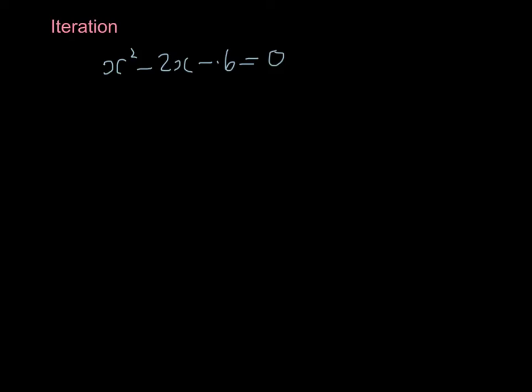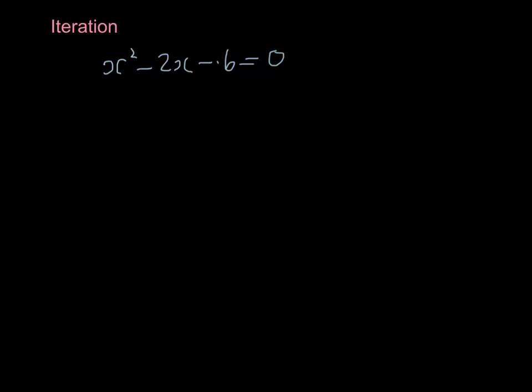In this video, I'm going to introduce you to the method of iteration. We're going to start off by solving an equation that we already have a method to, or two methods to solve. This is a simple quadratic. We can't factorise it, but we could obviously use the quadratic formula or completing the square. But we're not going to. We're going to use the method of iteration, which we can then use to solve other equations that we couldn't